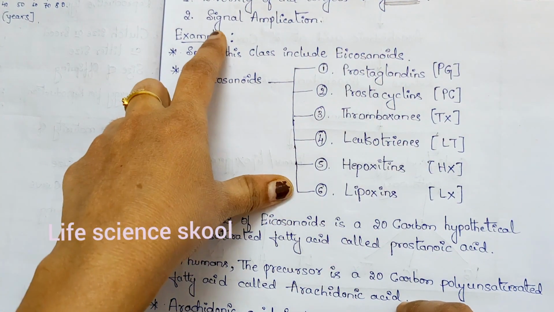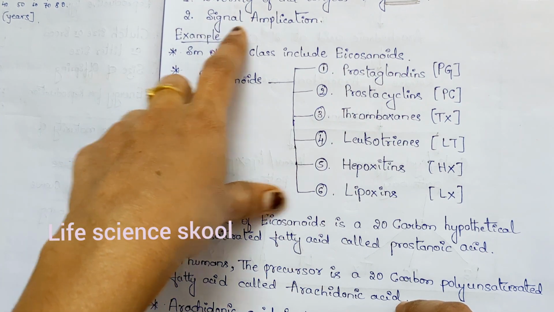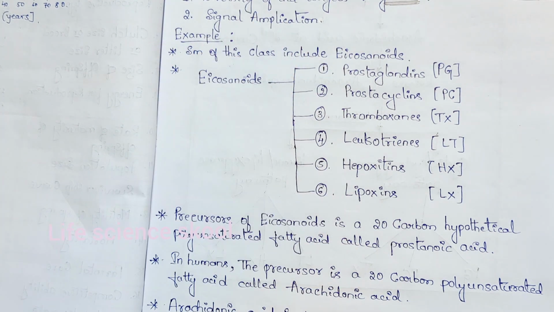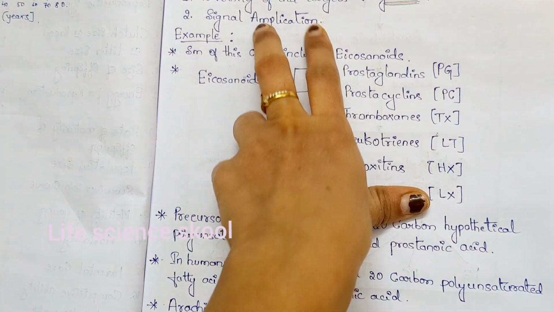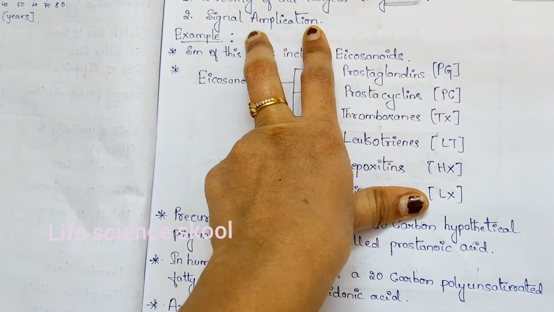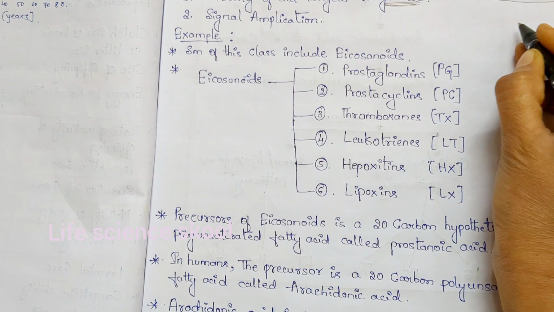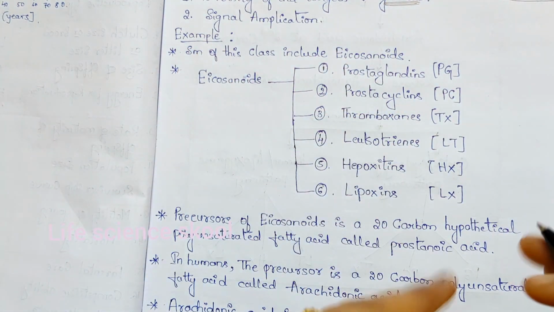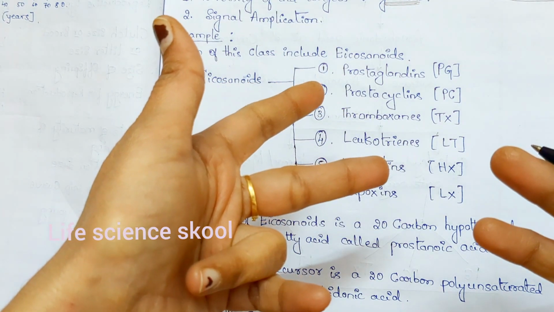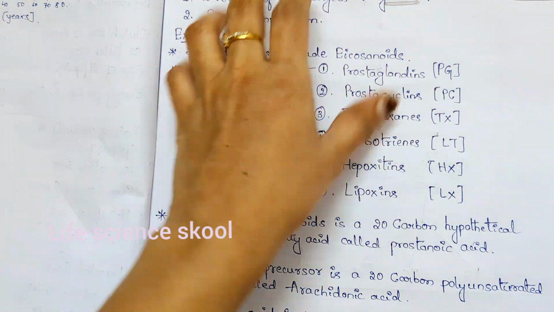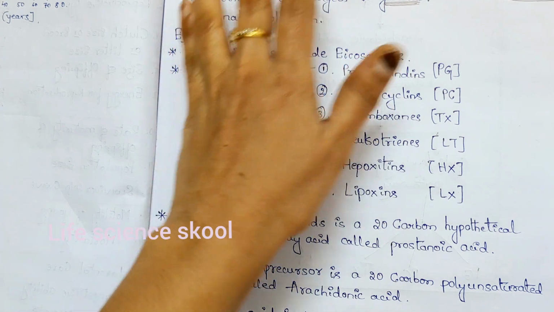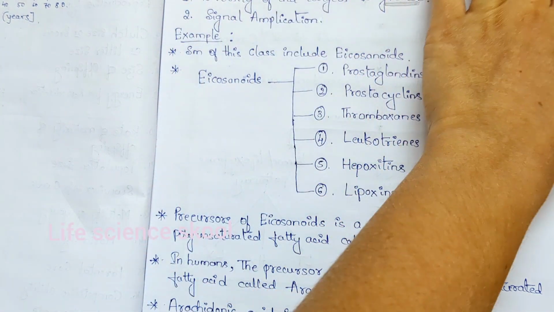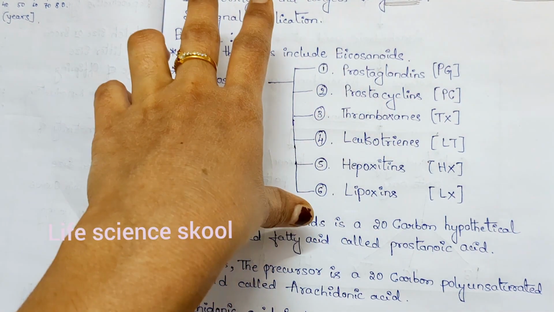The second one, the very important one, is signal amplification. What is signal amplification? First of all, you tell me what is amplification? Amplification means multiplication, right? There is an increase, there are many opportunities that we can say. So in the case of lipophilic signaling molecules with plasma membrane receptors,